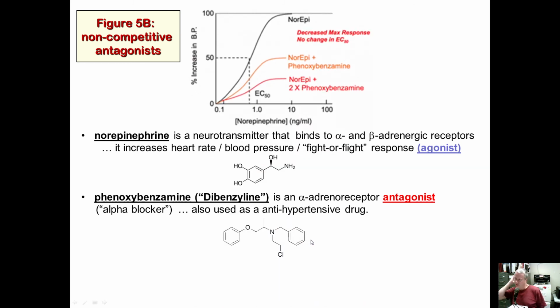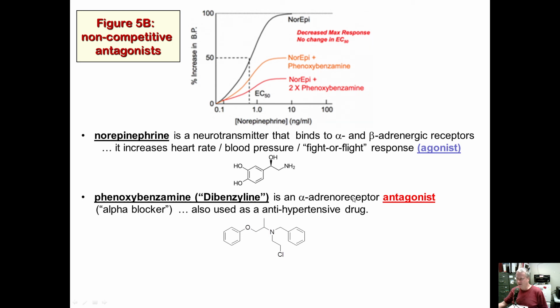All right, so first, if we just add norepinephrine and we measure percent increase in blood pressure on the y-axis, and we titrate in norepinephrine, it achieves 100% response at a certain EC50. Okay. And if we add norepinephrine plus some of this